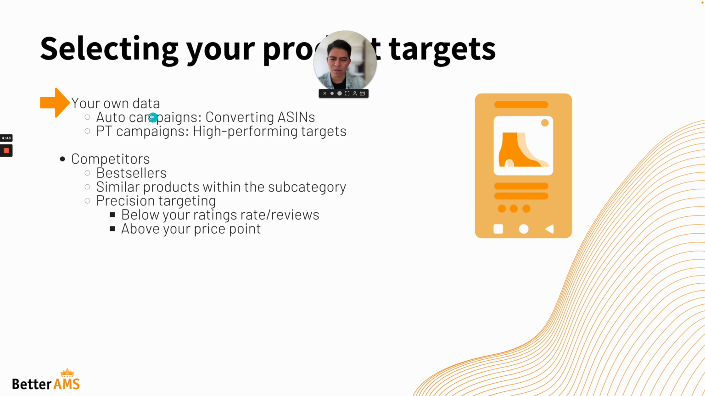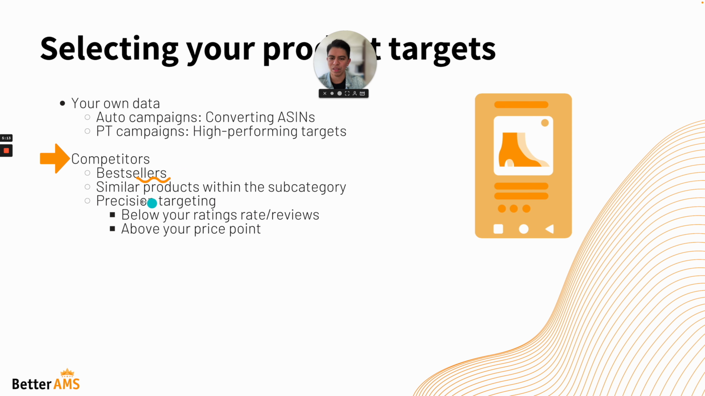Another way, if you don't have a lot of data from both your auto campaigns and your product targeting campaigns, would be to check out the competitors. You can go straight to the best sellers list. If you're fighting, I don't know, within the top 10, I think it makes sense to go ahead and try to show up on your direct competitors. But if you are not within the top 100 list,